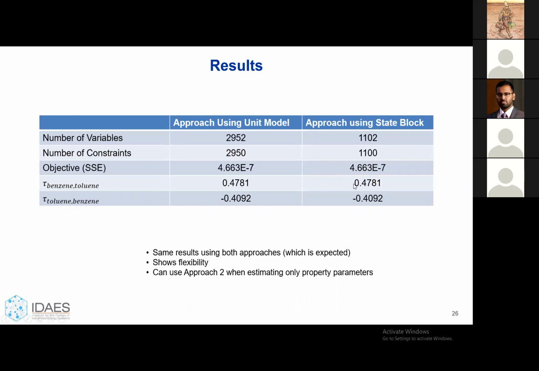And obviously, it's expected that you see the same results using both the approaches, but it also shows the flexibility we have with IDAES, right? You can basically not use a particular block, and it's not necessary that you have a rigid structure. You can use it for whatever needs that you have. And then you can use approach 2 because it's more robust given that you're solving a smaller problem. If you have a large data set, it might be advisable to use this. But this only works when your parameters are associated with your property package, and they're not really dependent on some unit model level performance equations or something like that. So that was